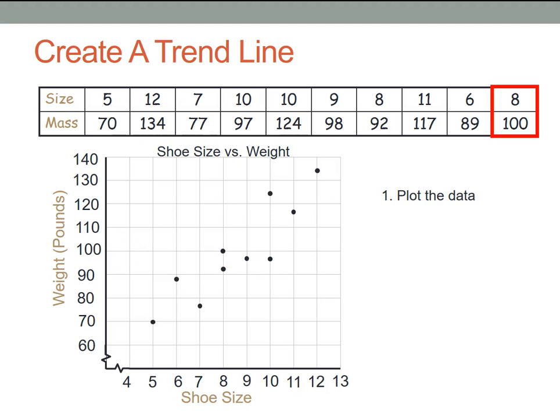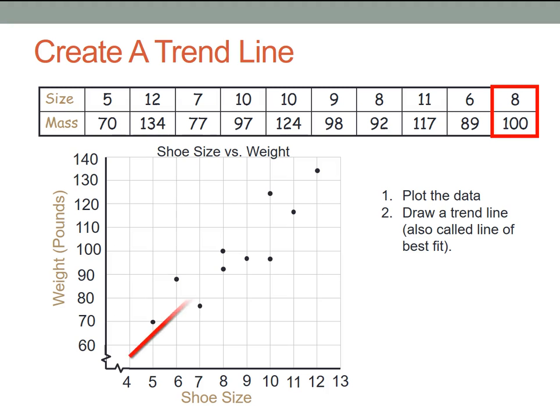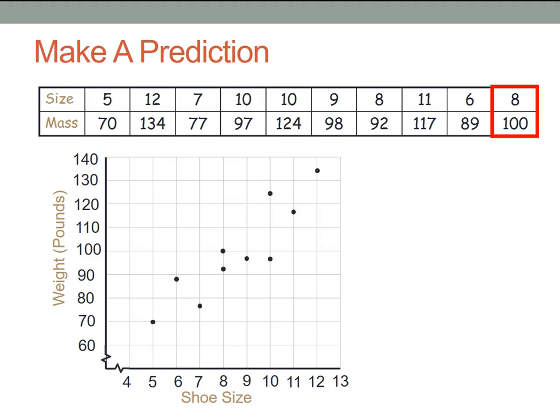The next thing that we want to do is draw a trend line. It's also called a line of best fit. So let's look at this data. It's certainly going up and to the right, and here's how I would draw the line. All right, that looks pretty good. Oh, we got some bells. All right. Thanks for waiting for those bells. We got 4 dots, maybe 4.5 above, and we got 4 below, and it looks like it represents the data, so that's pretty good. So now we can use this line, I'm just going to draw it again, to make